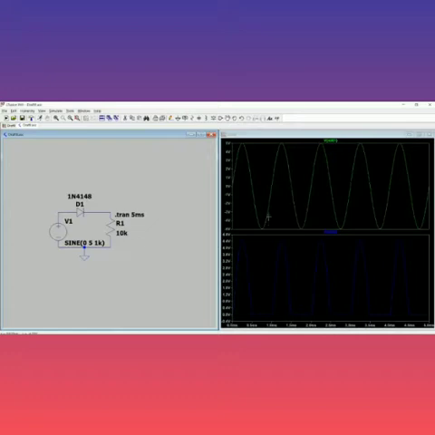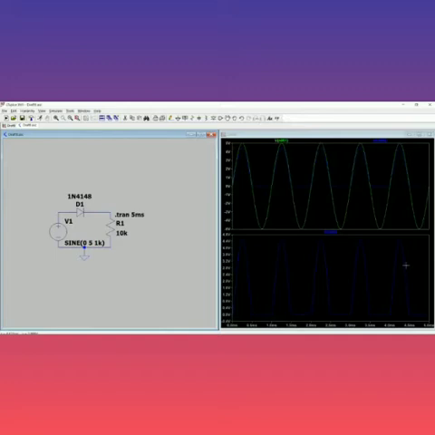So to show you the difference, I'm clicking my cursor in the input itself. And again, I'm showing you, you can click here. Can you see this? So for better understanding, I'm putting it here. So now this green color line is your input. This blue color line is your output. So since it is negative clipper, the negative side of the wave is being clipped off. So that is what is clearly shown in your second plane.